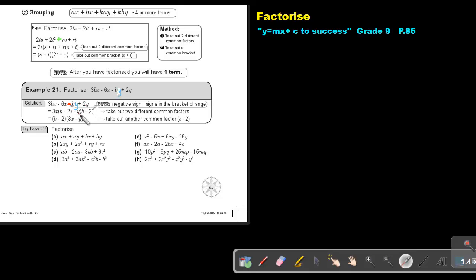So if I take out y, if I divide, I'm left with b. But now look, a positive divided by a negative. There's 1 negative sign. It's an odd number, so the sign must be negative. Can you see it change from a positive to a negative? And what is left? The y cancels and the 2 is left. And now you can say, oh, but the brackets are the same. I take the bracket out as a common factor. If I divide, I'm left with 3x, and if I divide, I'm left with negative y.